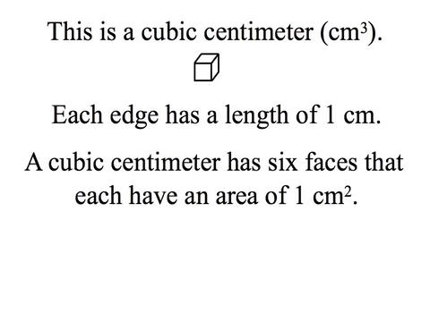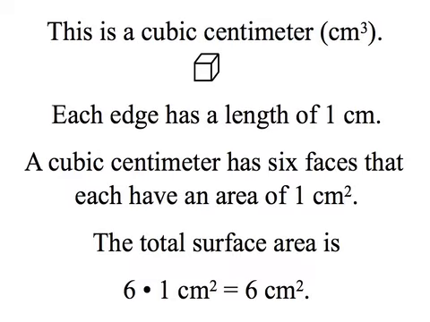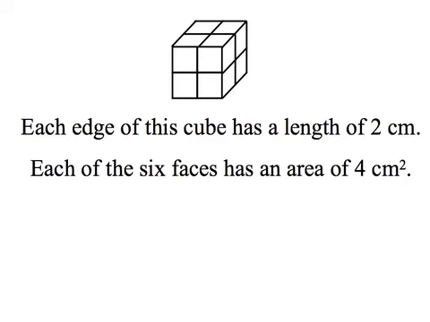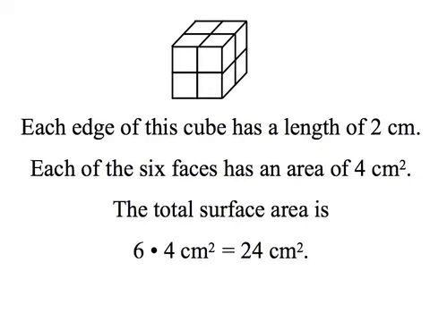A cubic centimeter has 6 faces that each have an area of 1 square centimeter. So the total surface area is 6 for the number of faces times 1 square centimeter for each face, or 6 square centimeters. Each edge of this cube has a length of 2 centimeters. So each of the 6 faces has an area of 4 square centimeters. And since there's 6 faces, that makes 6 times 4 square centimeters, or 24 square centimeters for the total surface